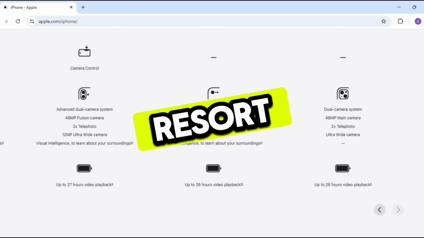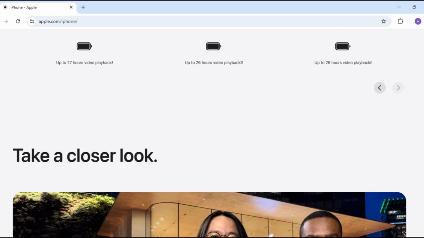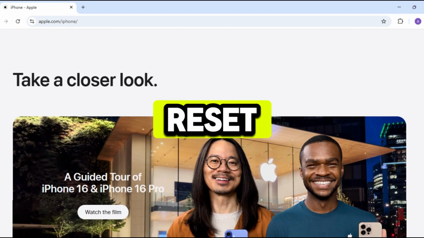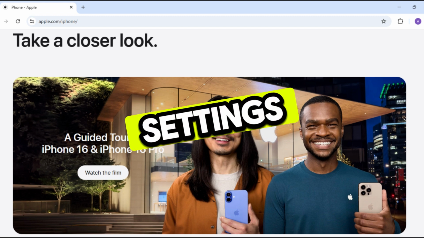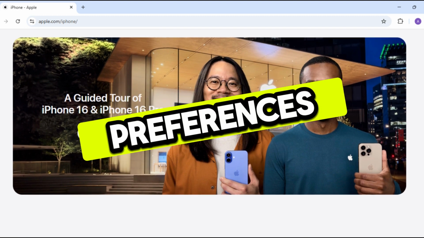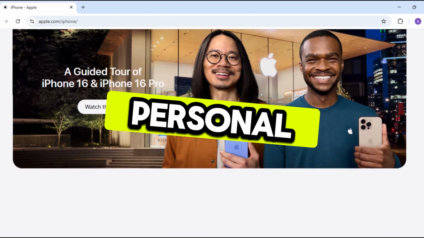As a last resort, you can try resetting all settings. Go to Settings, then General, Transfer or Reset iPhone. Reset all settings. This will reset all your preferences to default but won't delete any of your personal data or